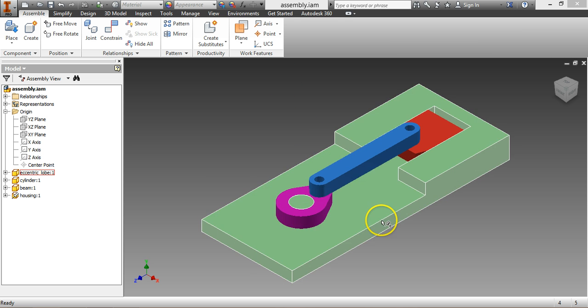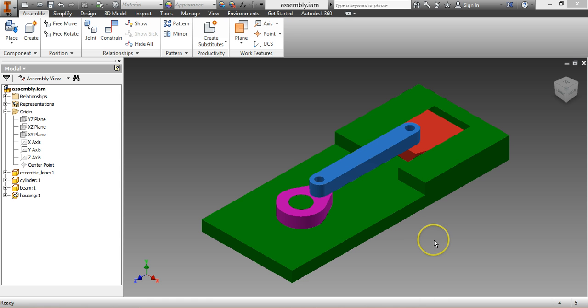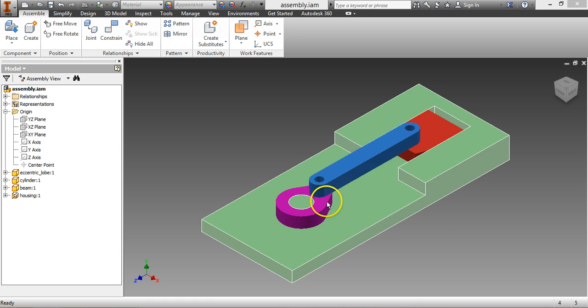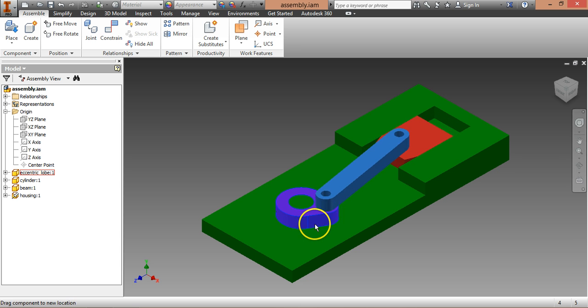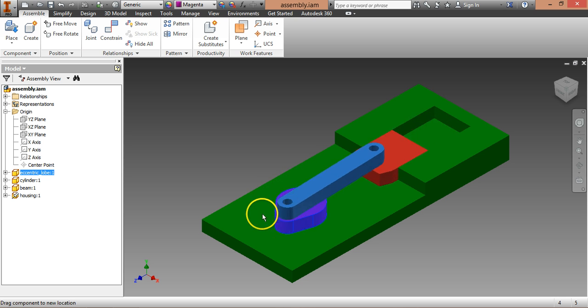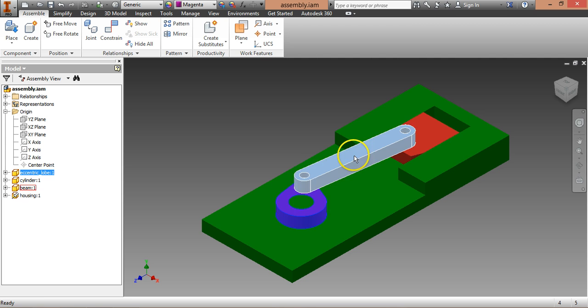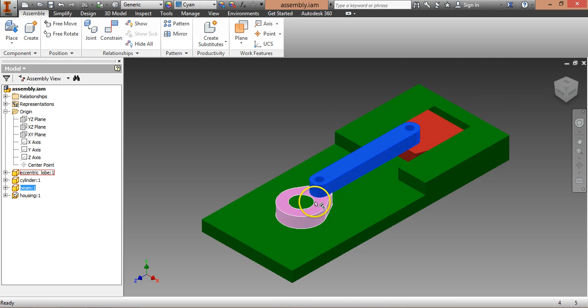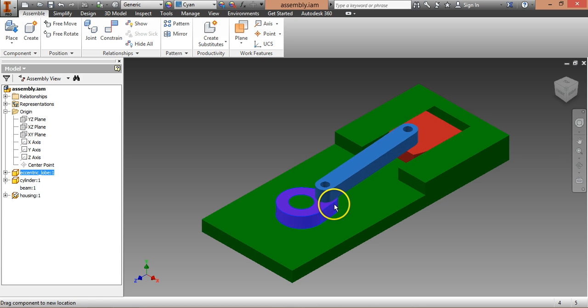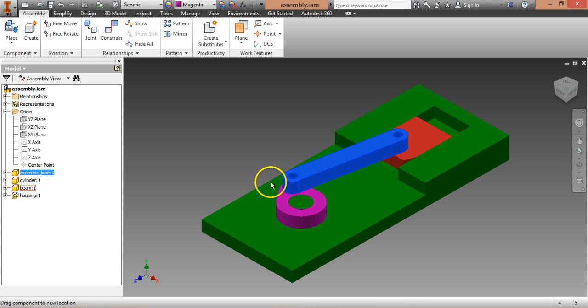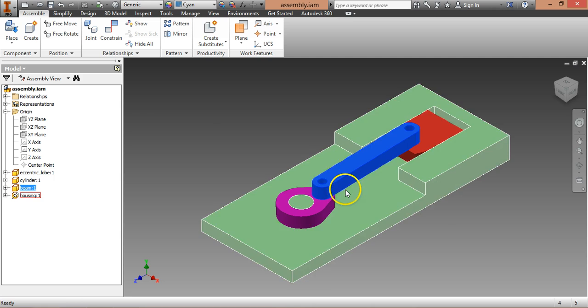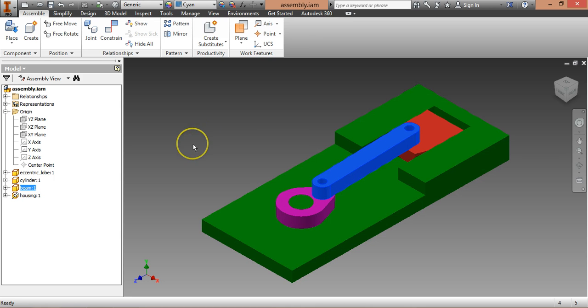So if you can see here, I have a little sample assembly. It's really just a simple piston assembly similar to the rotary engine example that I've been using in some of the previous tutorials. And this one, you can see it's fully constrained. I can't move any of these parts, and we get the proper motion that we expect when moving the crankshaft here. So to get started, what we have to do is give ourselves a constraint that we actually want to